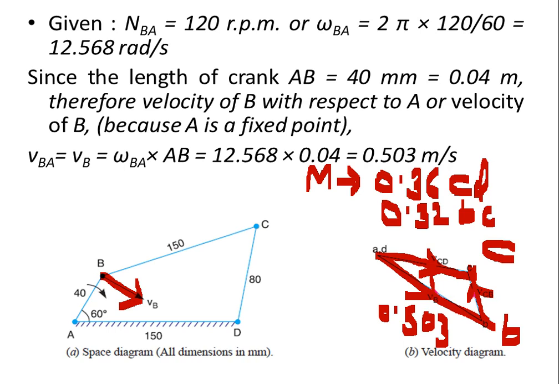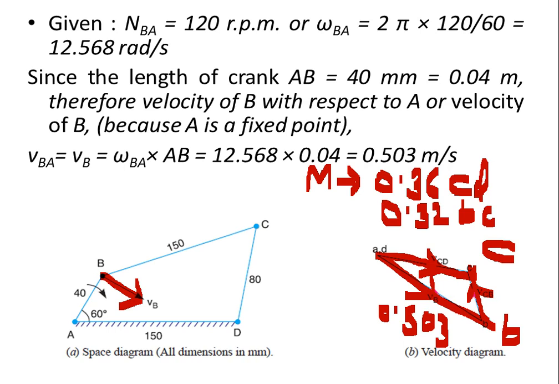Sir, I got 3.8. See, you have to take the same scale. Sir, 3.8 means I have taken it in a larger scale. You should not tell that answer. It should be in meter per second. You have to convert back to that scale. Once you take a scale, whatever you have taken, you have to bring back to the same scale.